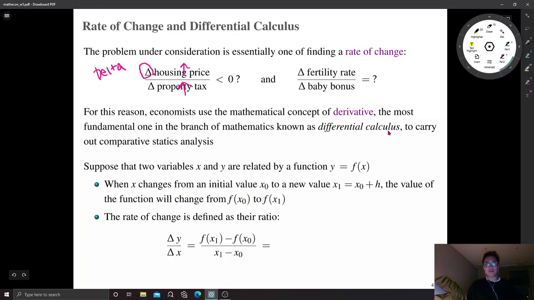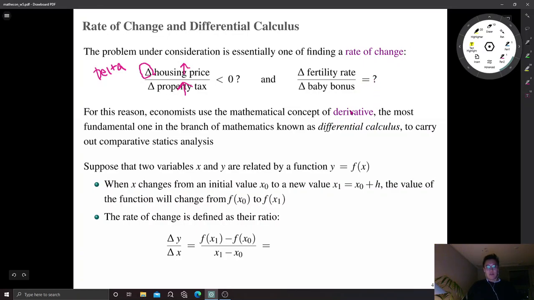or just calculus. And that is a really nice tool, a very effective and practical tool whenever we carry out comparative static analysis. So from this week, and I think it takes 2 or 3 weeks, we are going to pay attention to finding derivatives, and we are going to study several properties of derivatives. In this video, I just introduce the definition of the derivative.